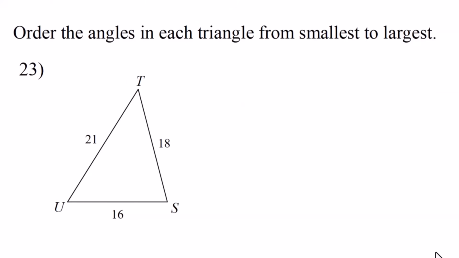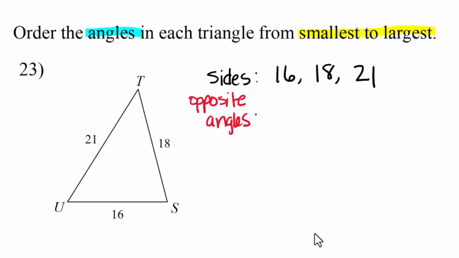Okay, now on to something completely different. Order the angles in each triangle from smallest to largest. We're going to go angles, smallest to largest. And the only thing they're telling me are the sides. Well, my side lengths are 16, 18, and 21. The angles that are opposite those,